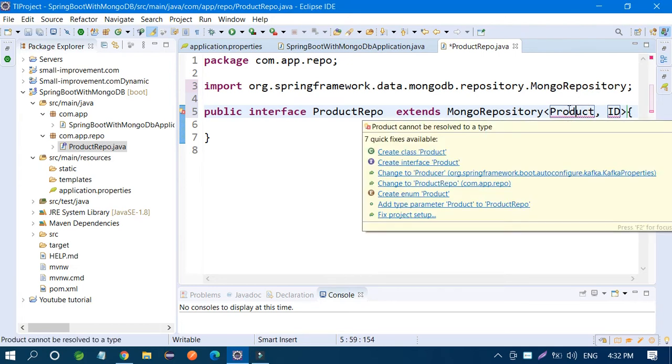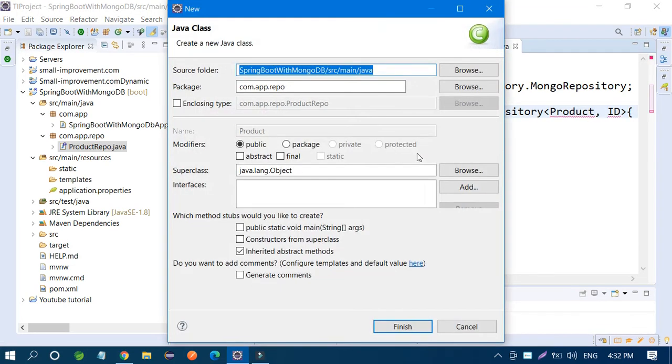You don't know about product yet, so create a class Product. This product has an ID, a name, and a model.